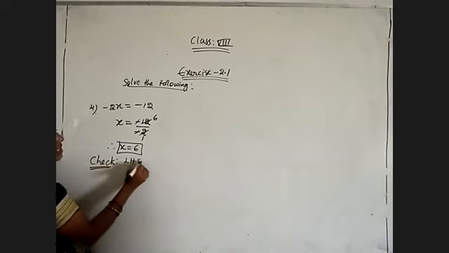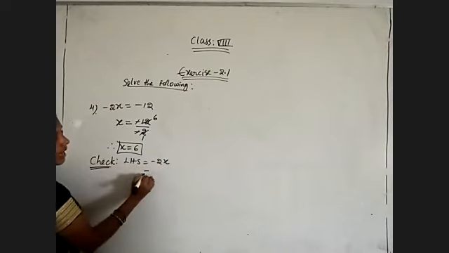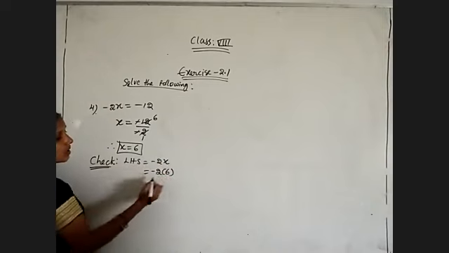LHS of the equation is equal to minus 4x, and we got the x value as 6. So 2 into 6